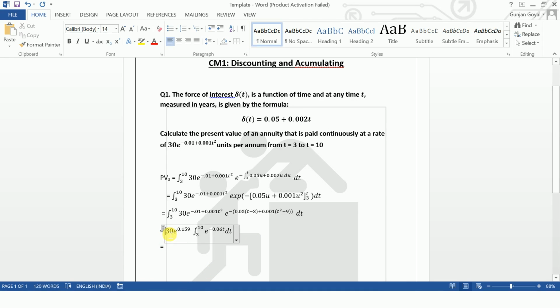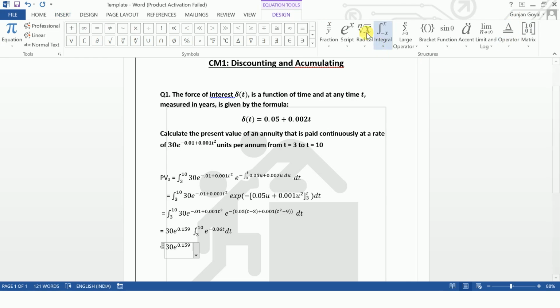Please start copying. So once you get this here, so this is my equation, and then when I solve this again, I need to insert my bracket. So I have to use here. So this, and then I write e to the power minus 0.06t divided by, now you see I've come in the fraction form, minus 0.06, and you close your brackets, and so your bracket has now limits from 3 to 10.